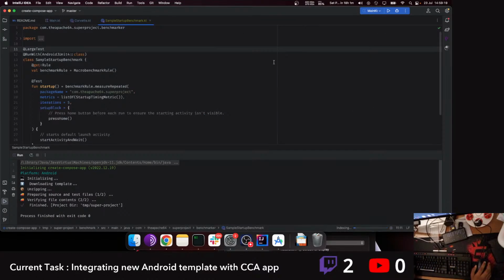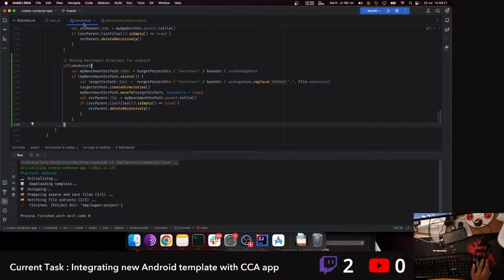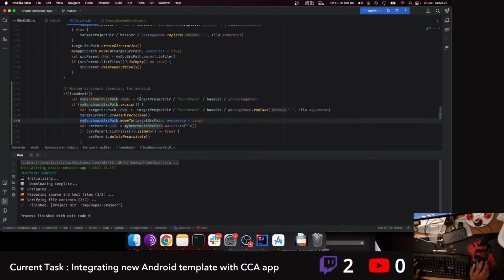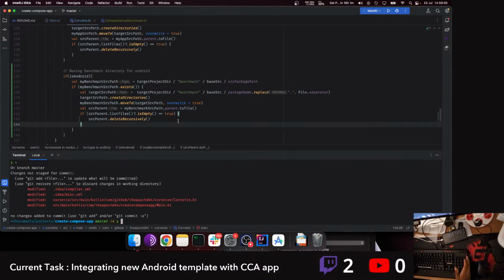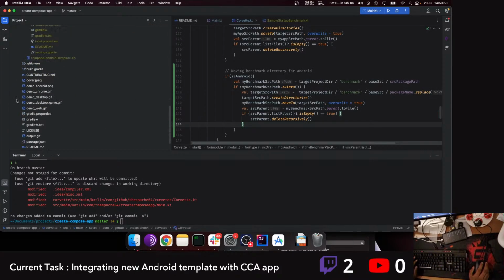I need to refactor this piece of code. Moving benchmark directory, yes. My benchmark source path, yes. Target source path benchmark. I think this is fine. I don't have anything to refactor over here. This looks good. Benchmark source path is benchmark source path existent. It tries to move it from the source package to the usual place. So we need to do one thing. Now we need to bump our